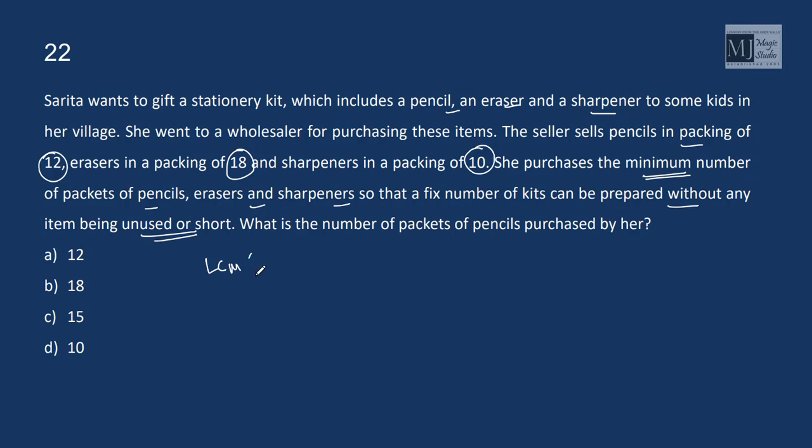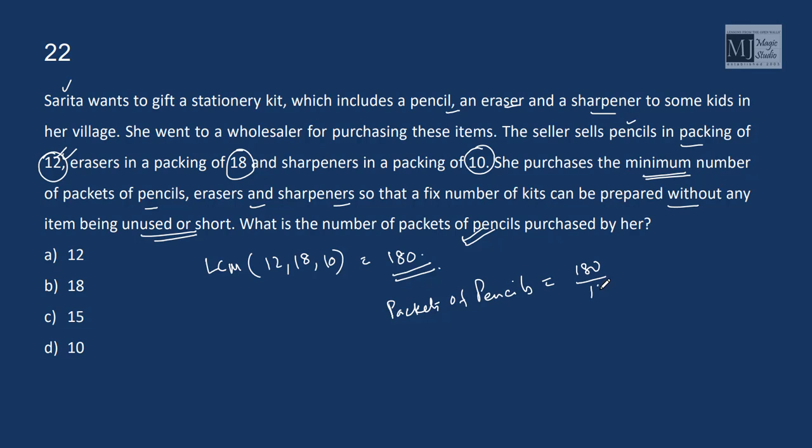That means we are looking out for LCM of 12, 18 and 10, that is 180. So Sarita has purchased 180 pencils, 180 sharpeners and 180 erasers. Then what is the number of packets of pencil purchased? In one packet of pencil there are 12 pencils, so number of packets of pencils purchased is 180 by 12,